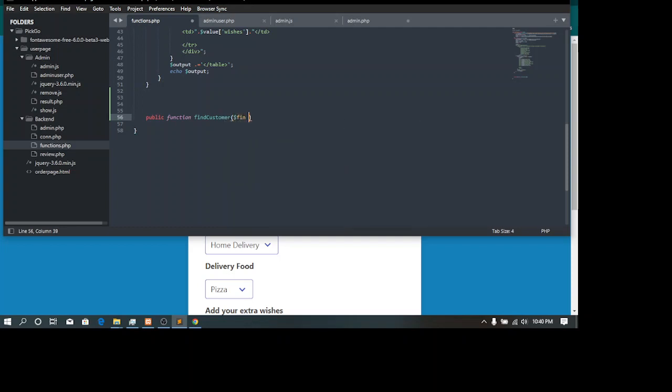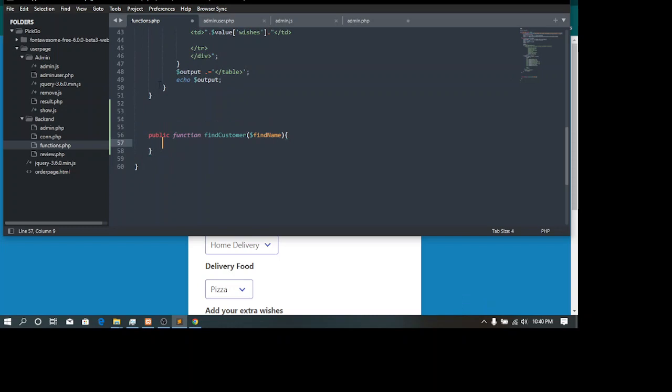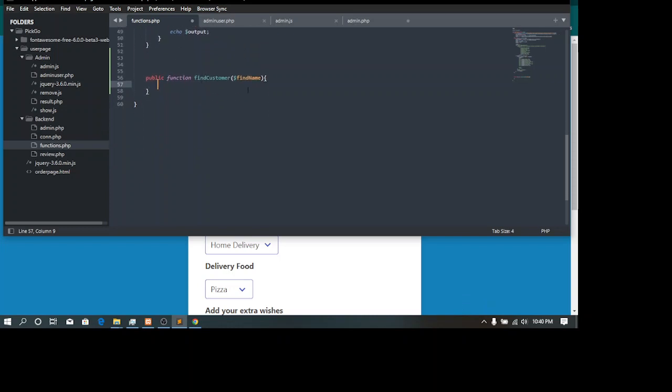Let's put in a parameter here like this, a parameter like that. It's going to find me.